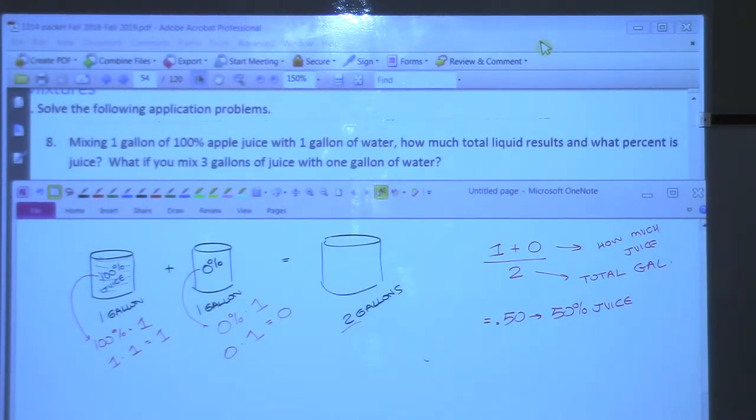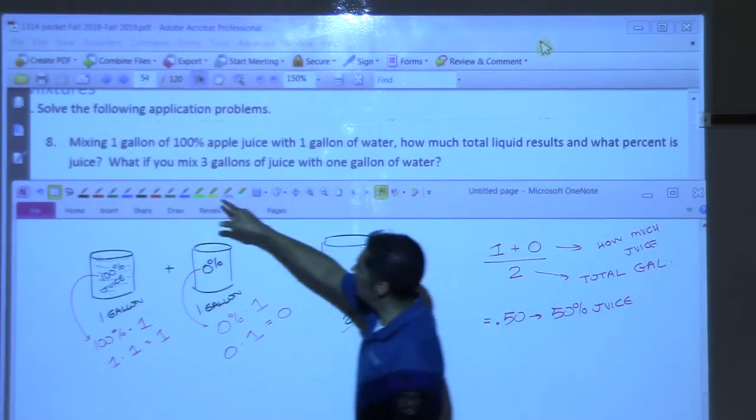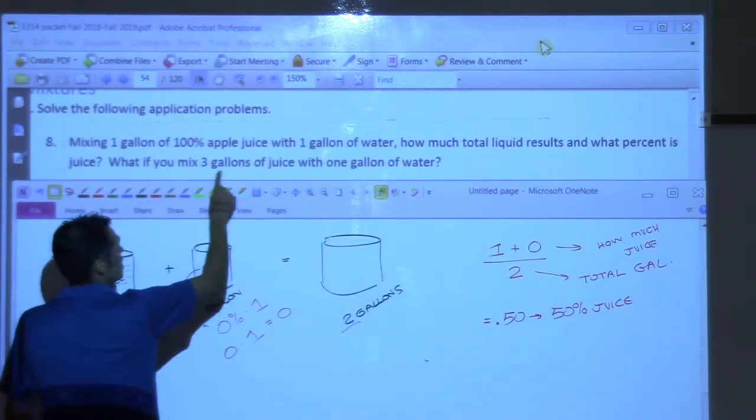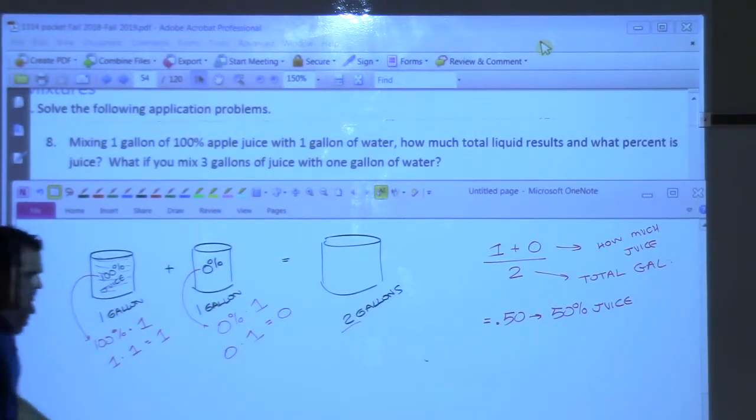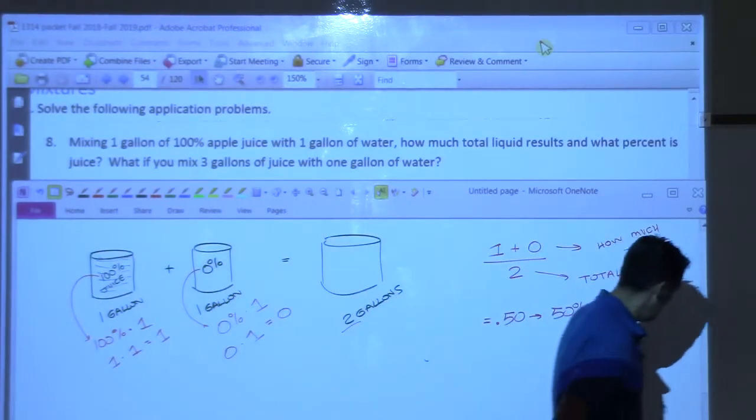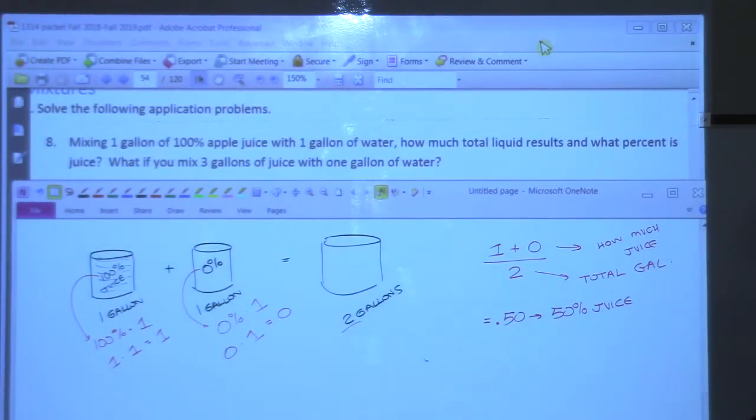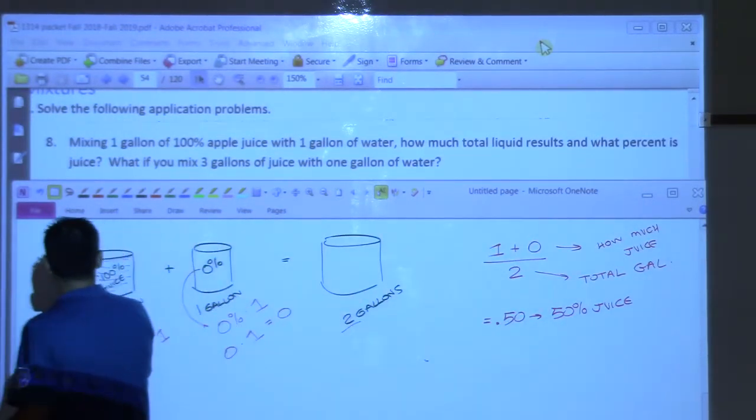All right? Make sense? Okay, let's change it now. And let's do the same thing, but what if you mix 3 gallons of juice with 1 gallon of water? So what changes here? If I'm going to do the second part of this problem, what's the thing that's going to need to be changed? That 1 gallon on the first one needs to be 3 gallons, right? So I come through here, I would change this to 3 gallons,